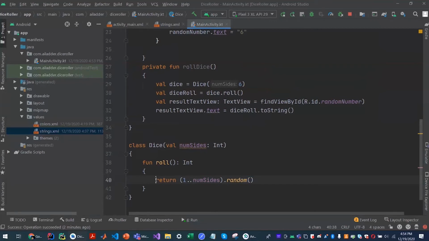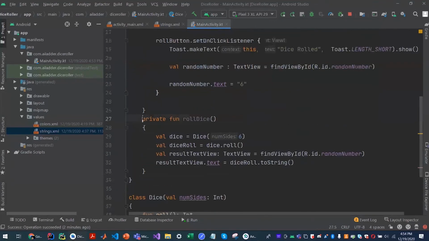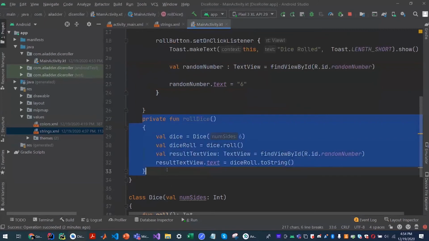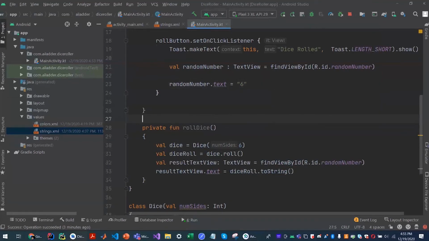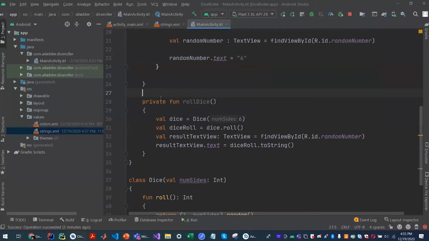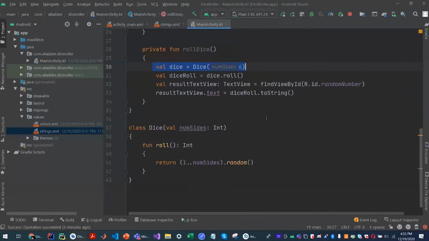Let's say we're calling this function. So here we created another function, rollDice. This isn't actually necessary. You can keep this code here itself, but to make things more neat and organized, we've done that just for the sake of readability and ease of navigating through the code. So we initialized an object of the Dice class with the number of sides as 6, and we've called the roll function and attached it to here.